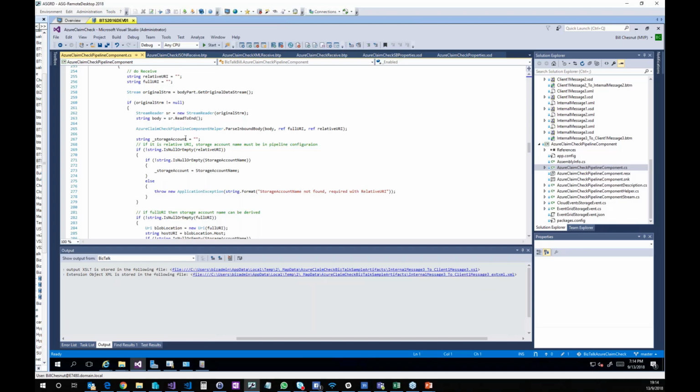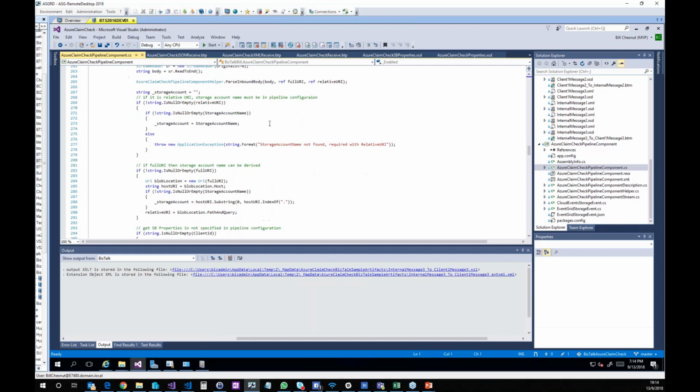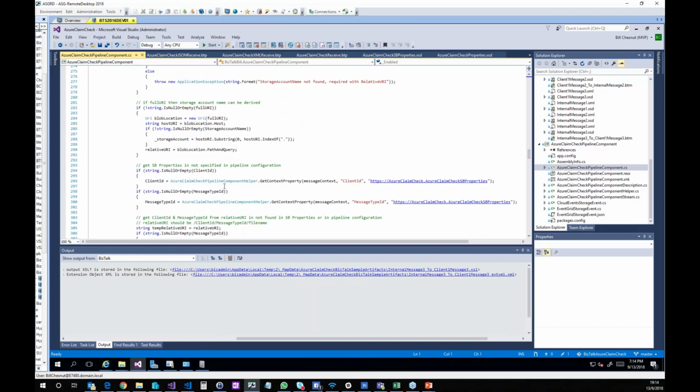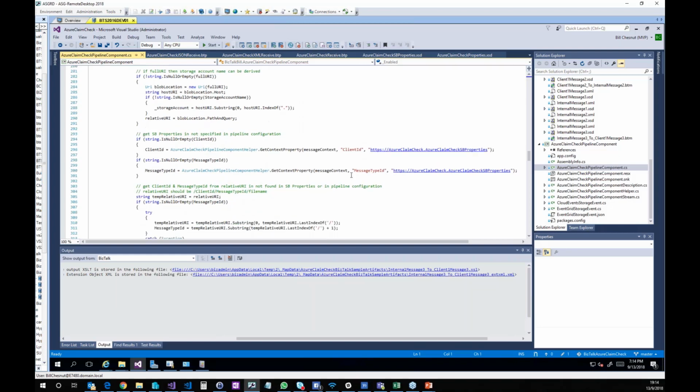So basically it checks to see if they're there and then goes off and gets them from Key Vault. Then it also sets up the context properties, because it gets those from the service bus